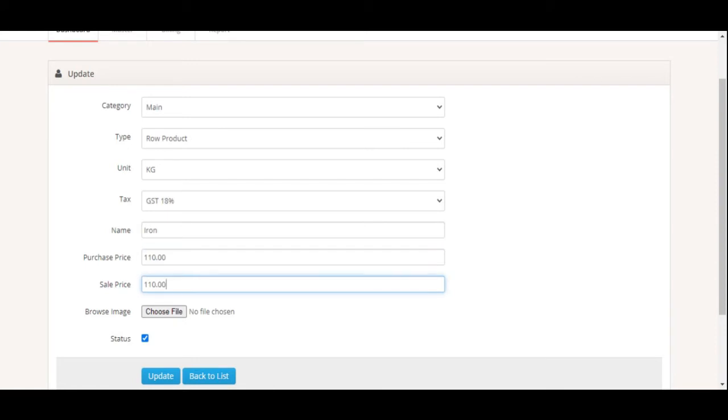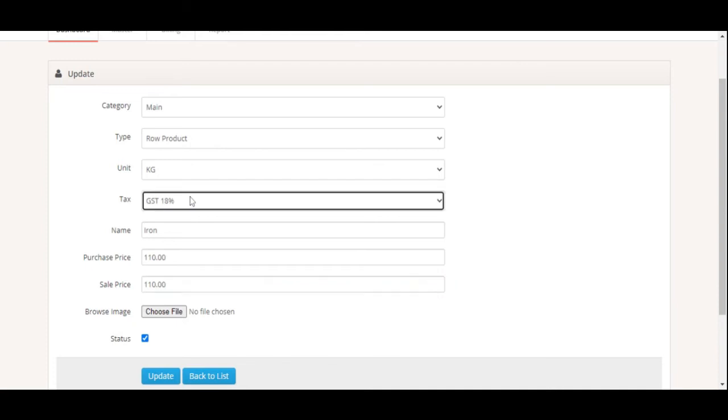You can also change it to the purchase price; for now, it's the same. You can change the purchase price and sale price, and according to that, the price will appear on invoices. So it's flexible. If you set that GST here, you can also change that GST in the billing. You can also browse the image.